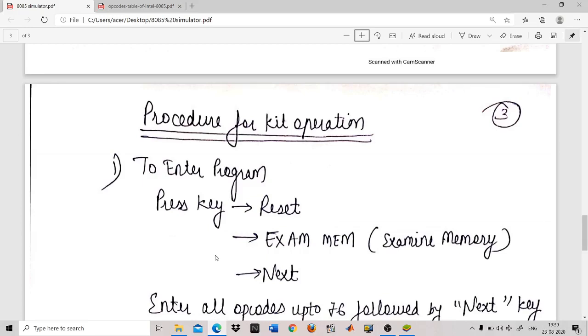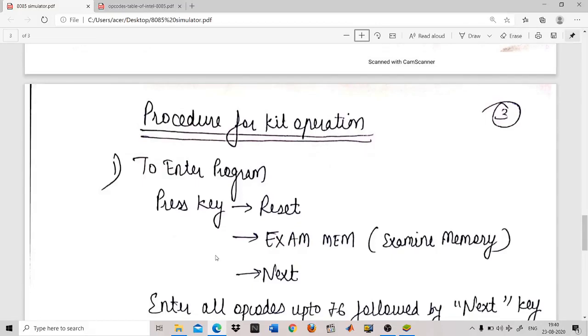So just now we have seen the 8085 execution of the program. Now we will take a look at the processor for the kit operation. So what have we done during our operation? The two important things we have done: we have stored all the set of instructions in the RAM memory, and then we have stored two input variables.